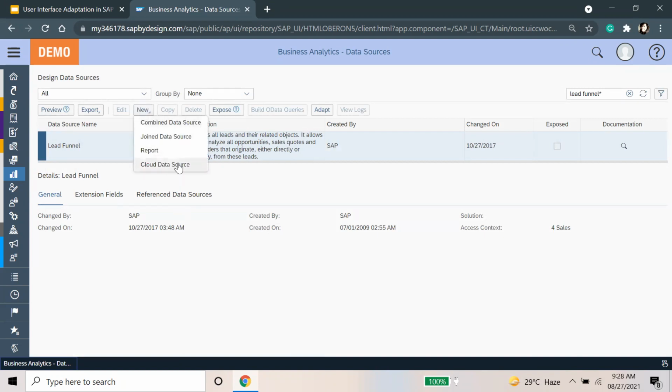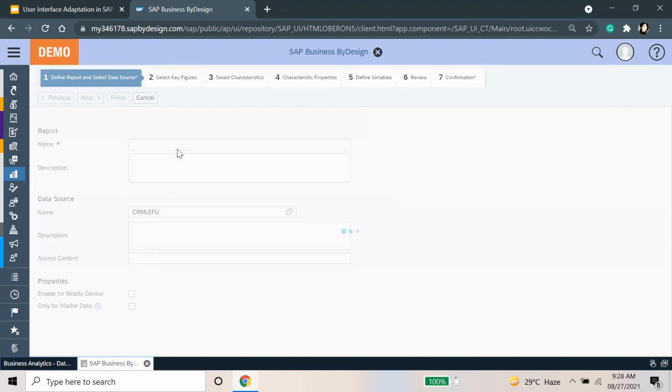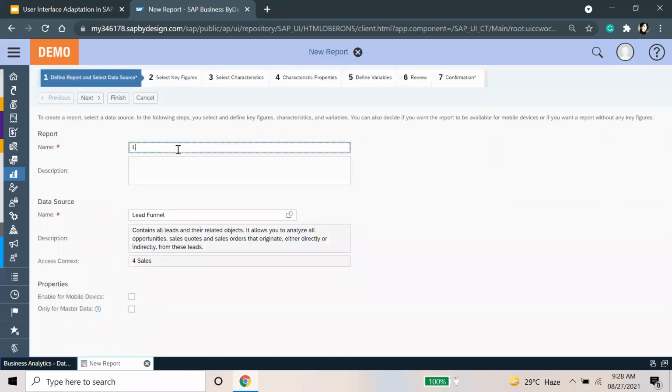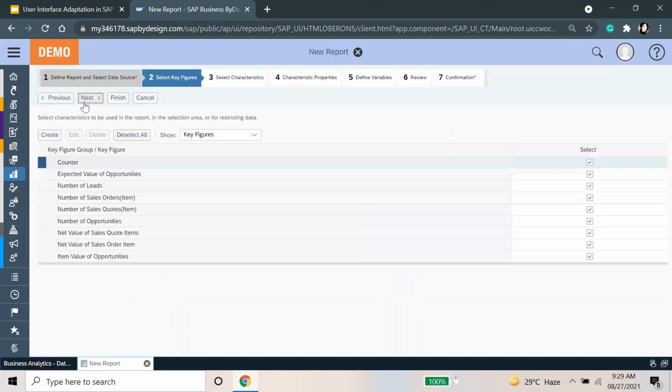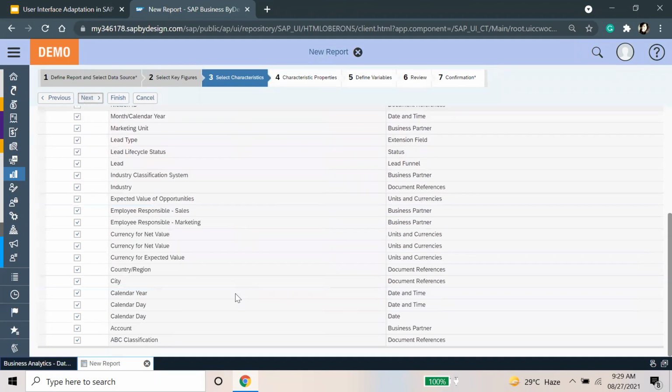So if I want to have a report on this, let me check if it shows here. I'll simply make a report from this data source. So I'm taking everything as it is here.